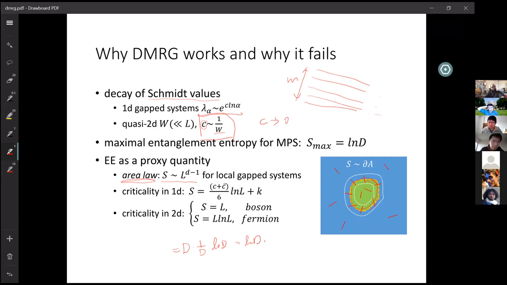If you had the Schmidt values going as a logarithm, it would seem to me that they would have to go to 0 faster if you wanted S to go as L to the d minus 1, right? L to the d minus 1 is 0 compared to L to the d, right? So I would have thought that the Schmidt eigenvalues should actually decay faster or something,